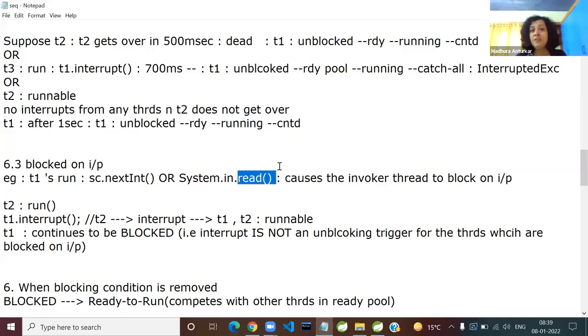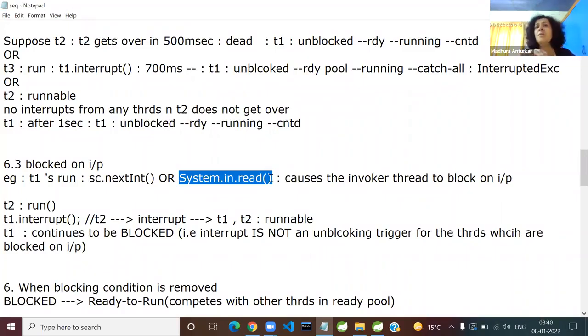So tell me, when you say System.in as an input stream, I'm talking in the IO now, is it a binary input stream or is it a character input stream? Binary. So in short, this method is going to wait for at least 1 byte coming from the